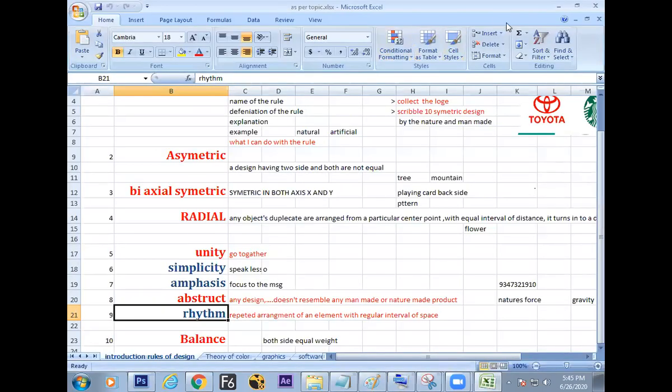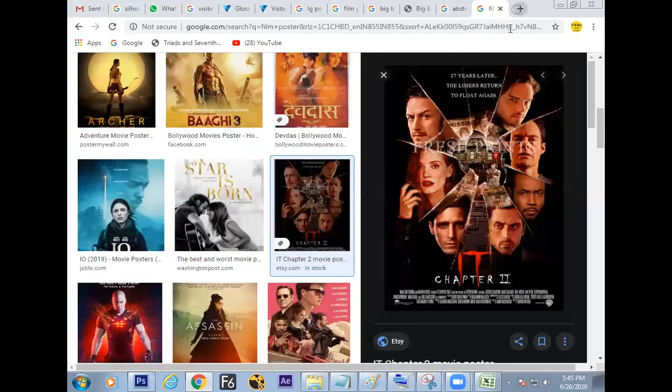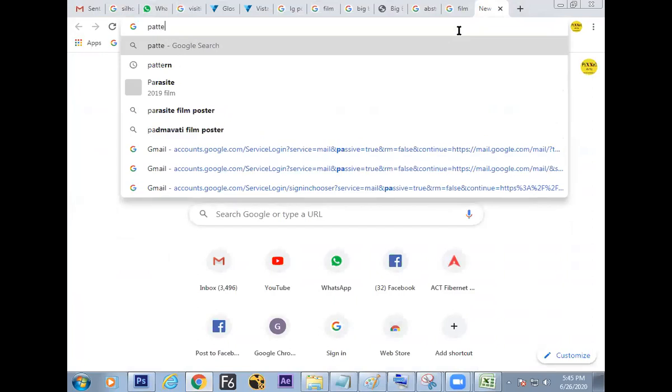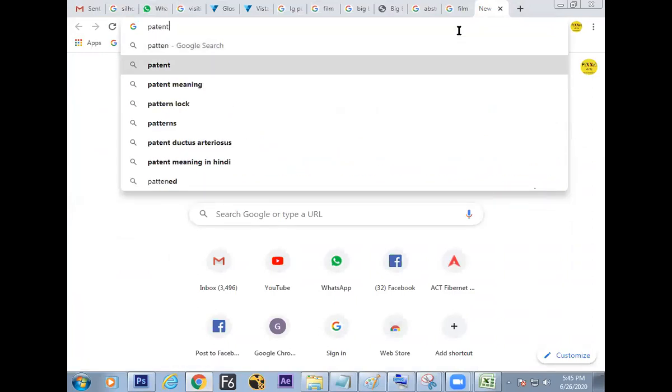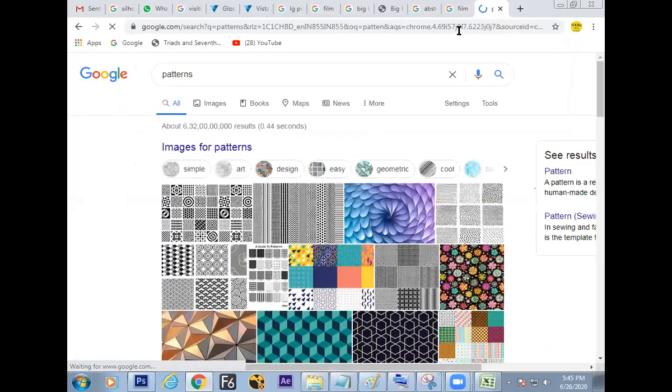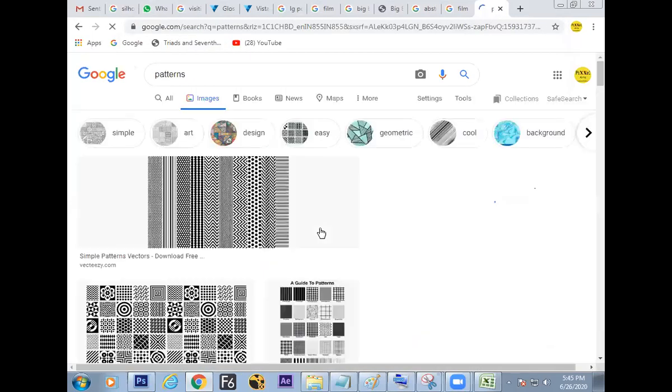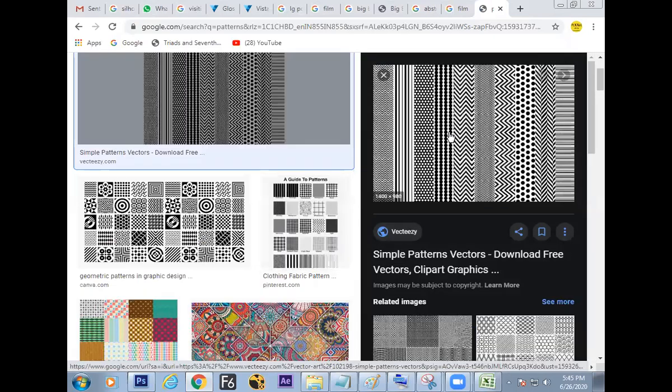Every time you will be asked to have a new pattern. So what did we get to know? To make a design, nothing to get, just repeat the things, finish, and it will turn into a design. But to make it repeat physically takes more time. So the computer makes it repeat within a fraction of a second. But ultimately, what you got to know? Repeat makes design, and it is a rule. And that rule makes the design. Hope we have understood the rule called rhythm.